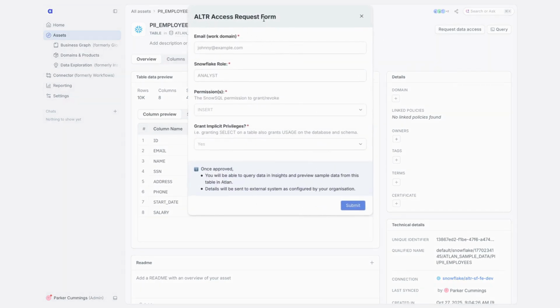Now what this does is it produces this ALTR access request form. This is actually defined by me in Atlan's governance workflow feature. And what it's going to allow me to do is set off a workflow and set up things like a webhook based on the event that occurs when this access request is submitted. So if it's rejected, nothing happens. If it's approved, it'll set off a future webhook, which will then go ahead and actually execute the grants in